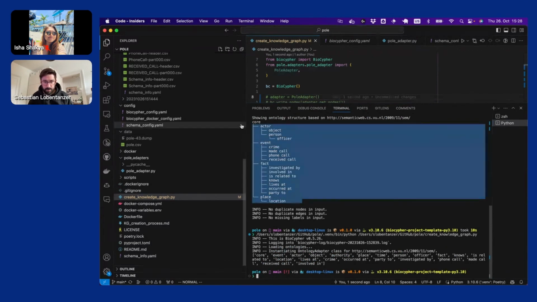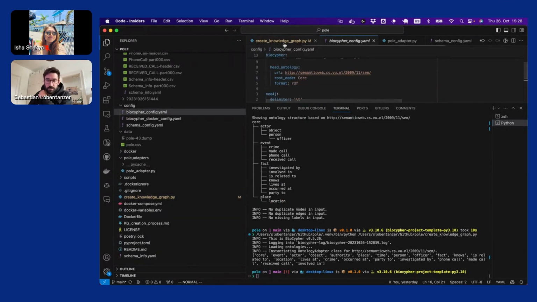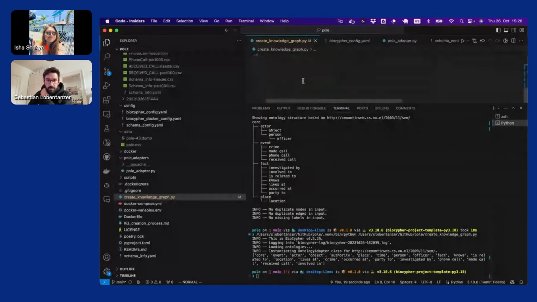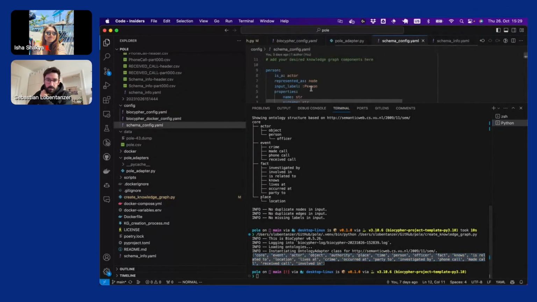So this particular function here, if you have a configuration already, is a nice overview, but even without having a configuration, if you just load the BioCypher with this ontology as the ontology to use, then you can manipulate this NetworkX object that we have as an internal representation, and then you see what is in the ontology. This includes now some of the things that I did in the schema configuration as well. So, for example, making a person a child of an actor. This is why the person is already in this representation here. But this is the way that I usually work with these things.